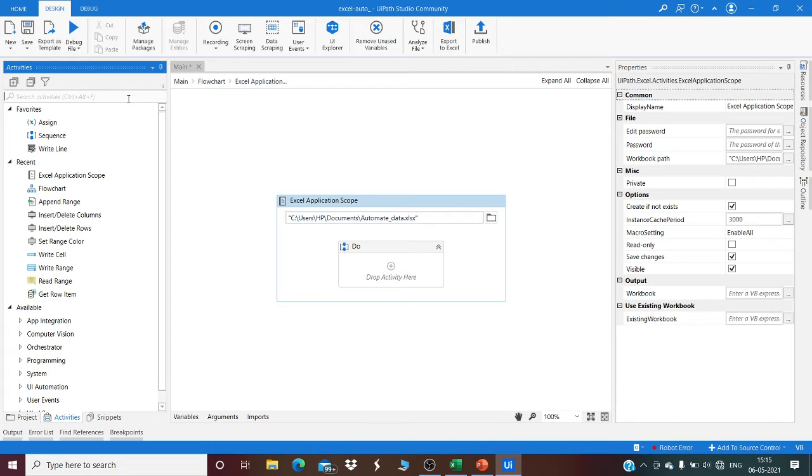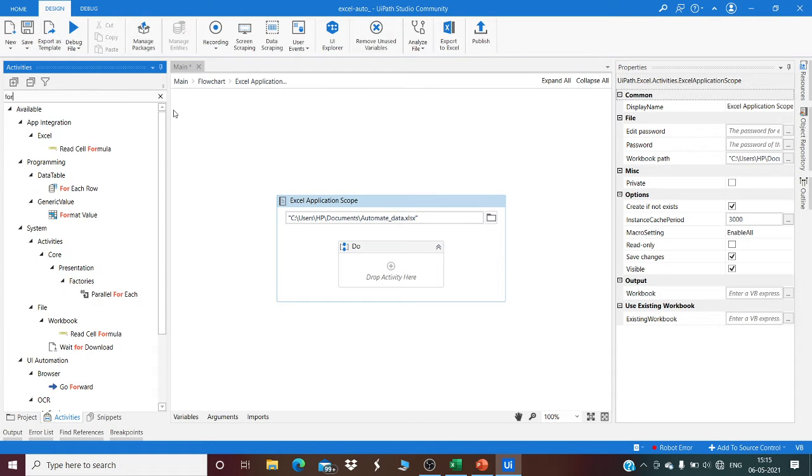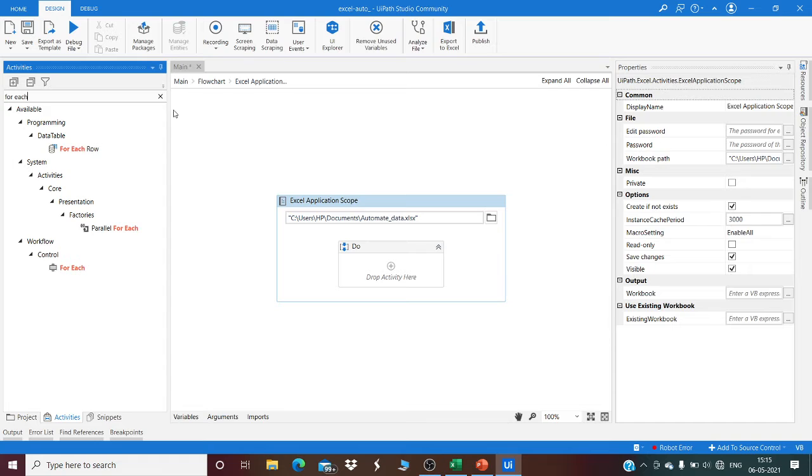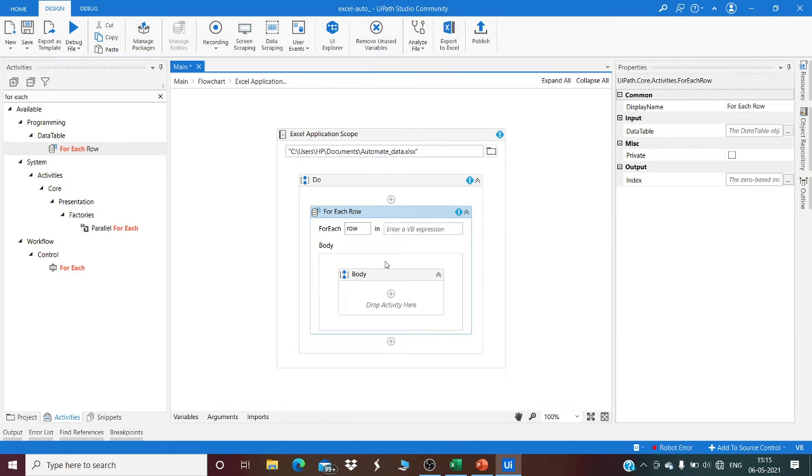On the activities bar, search for for each row. Select and drag it to the do section of the Excel application scope. To read for each row, we have to create a data table variable. Type DT1, or you can give any data variable name of your choice, and press enter.